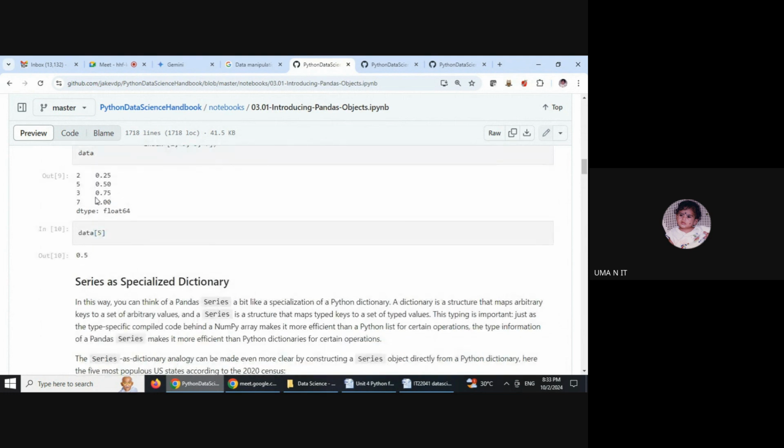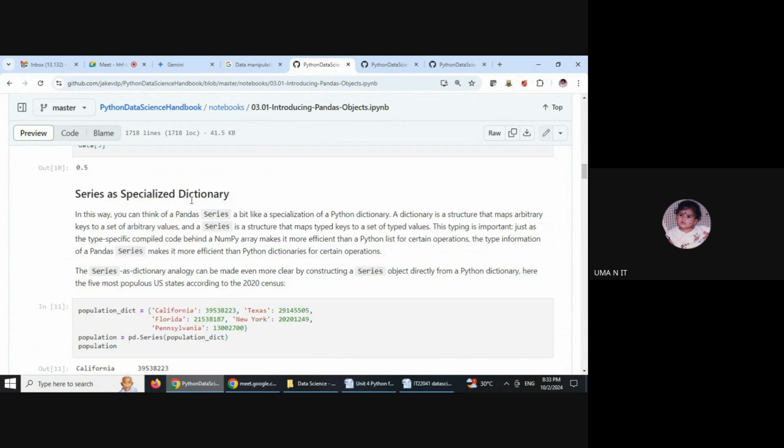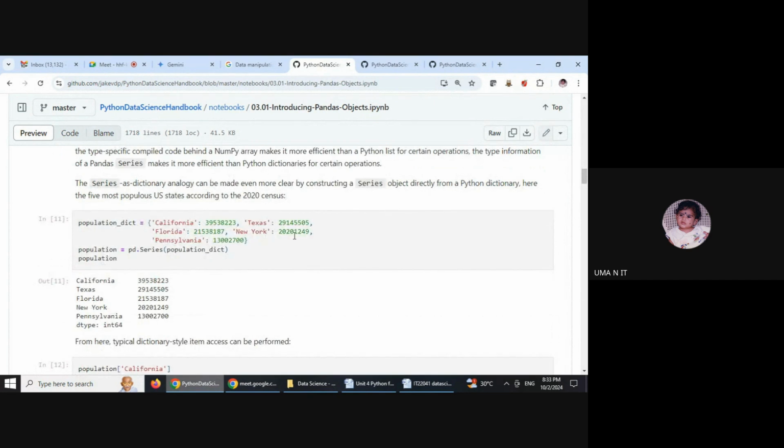While seeing this itself, we have some index value and the data paired with your index value. This looks like a dictionary of Python, right? So a Series can also act as a specialized dictionary, as we have an index value mapping to values. So we can take a dictionary and convert it to a pandas Series.